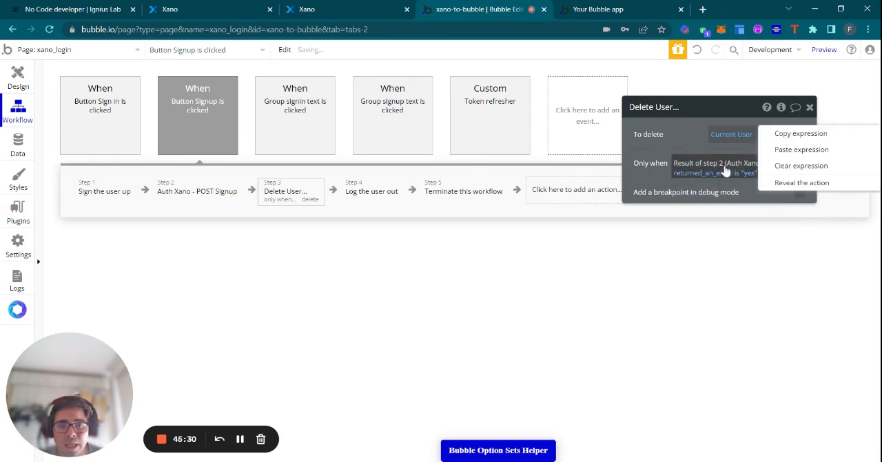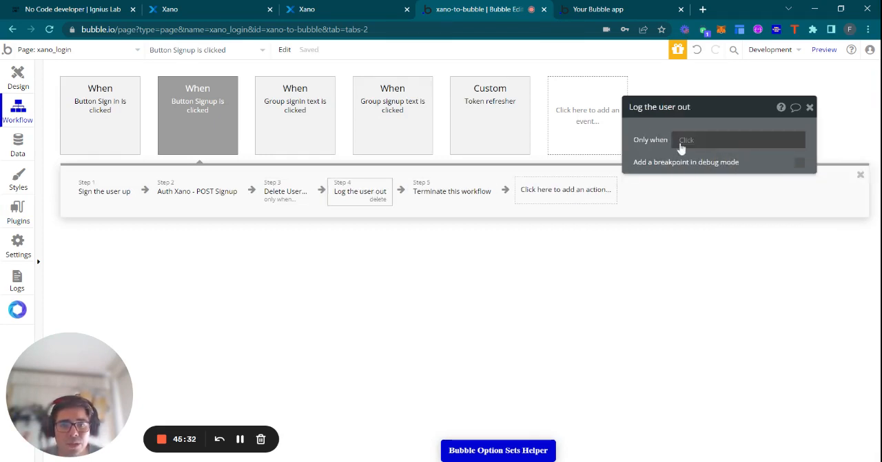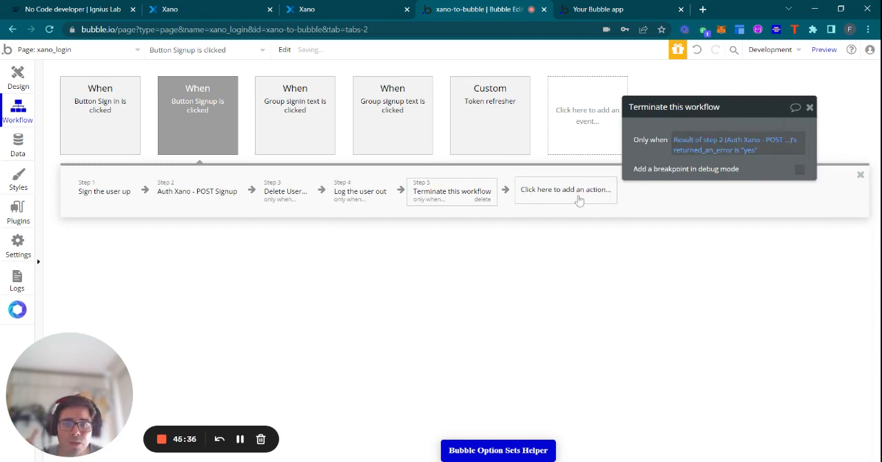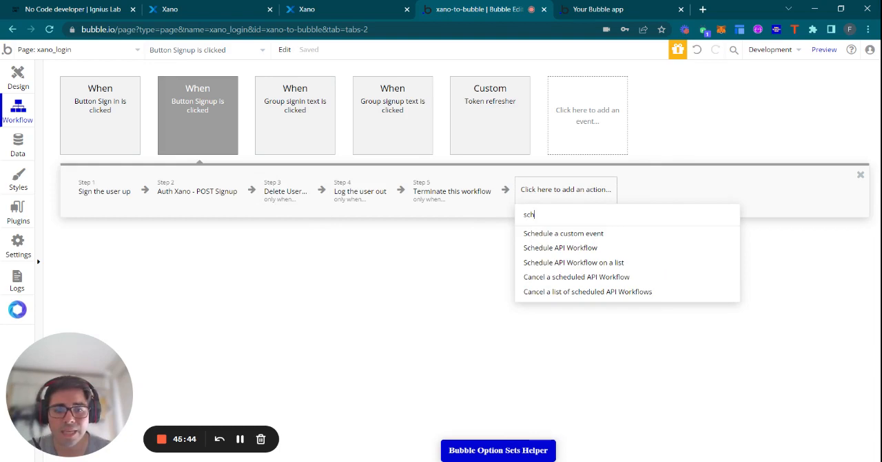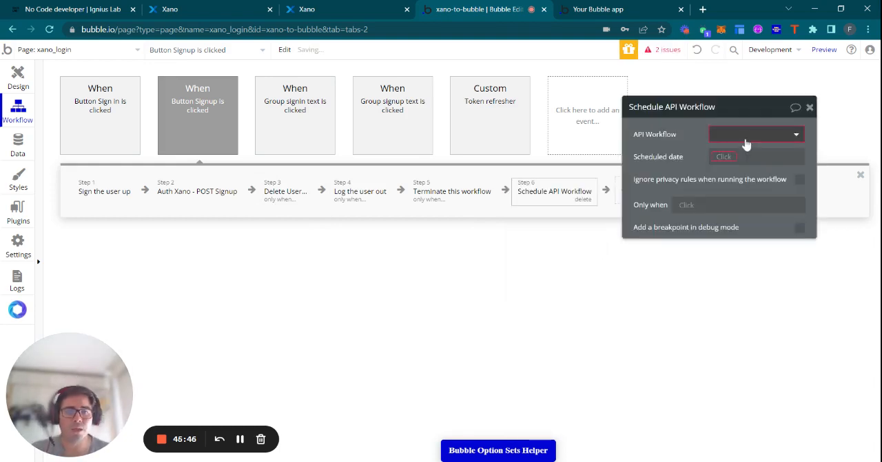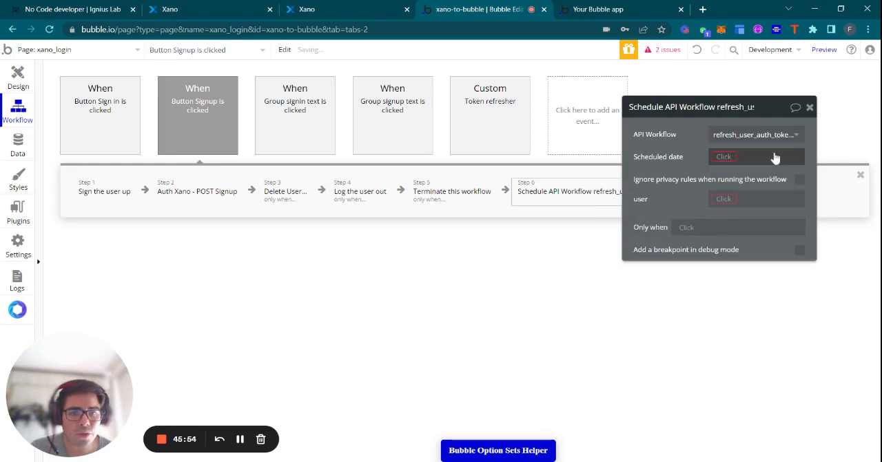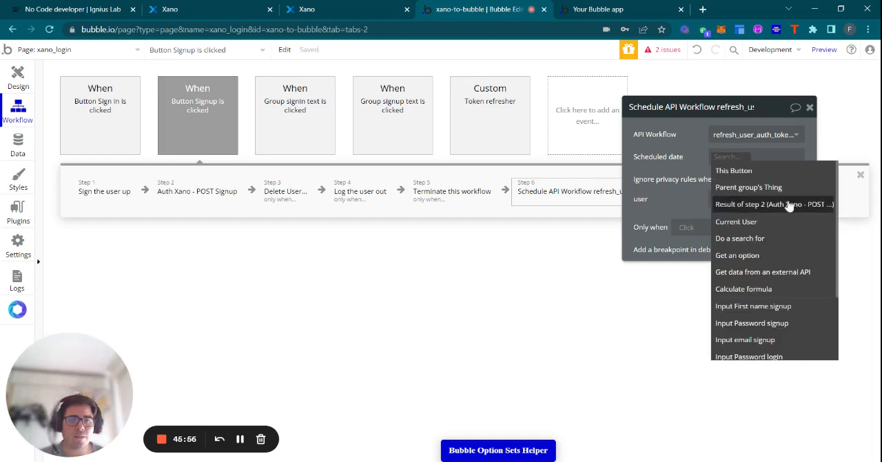So now I'm going to check if it returns an error. If it is yes, then I want to delete the current user, log the current user out, and then terminate this workflow. If it doesn't return an error, then it will skip all of these three steps, and we are going to schedule a new API workflow. This API workflow will be refresh tokens, schedule